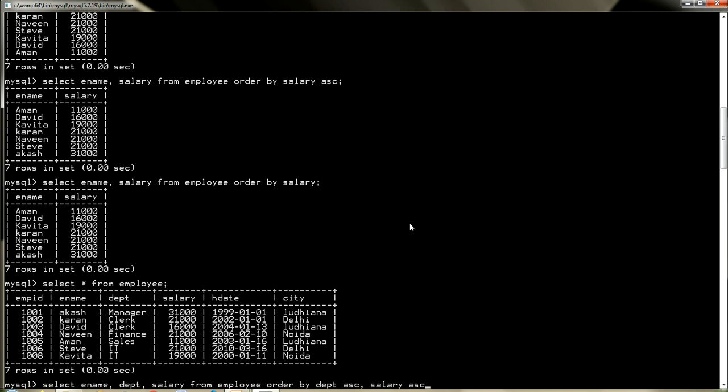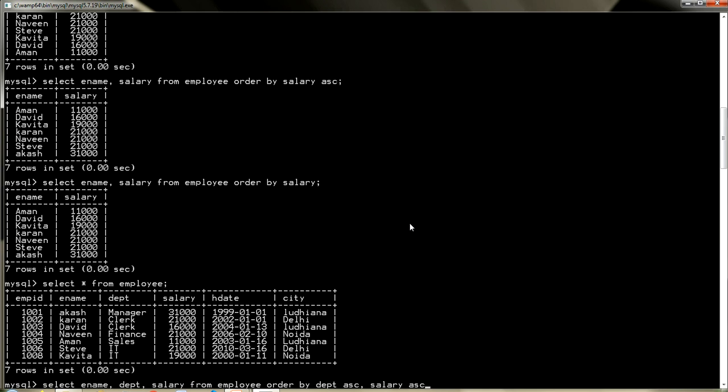Select ename, department, salary. So it will show you 3 columns from the employee table. First it will sort the data department wise. So definitely it will look for the department which starts with character A. There is no such department. Then it will look for character B. There is no such department, because when we have character data, it sorts the data the way we look into the dictionary.